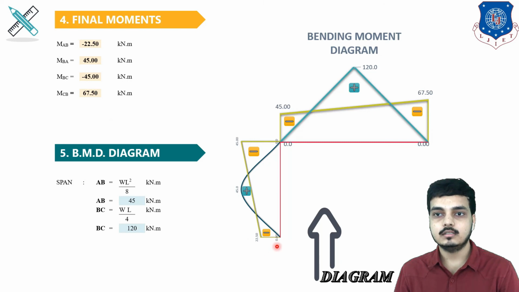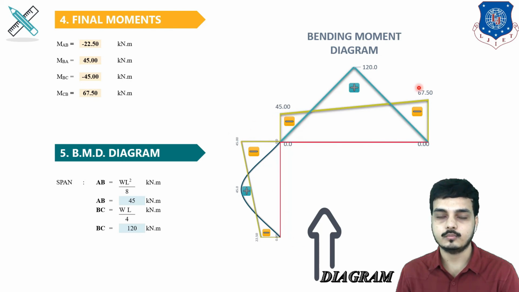To draw the bending moment diagram, let's draw its original shape. While drawing this frame, you have to stand and look from this side, meaning you look at the left side, and you can see that this is your left part. So minus, so it will be up. This is our right side, so plus, so up. Now to draw this diagram, we have to look at this upward side. So in BC span, B is my left hand part, so minus 45. C is my right hand side, so plus, so up. Everything is connected. Don't connect it with these two. It can't be possible. So connect these two points and connect these two.